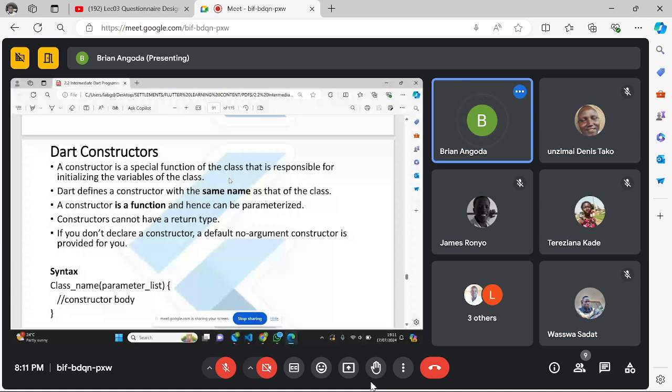So a constructor is a special function of the class that is responsible for initializing the variables of the class. It is defined with the same name as that of the class. A constructor is a function and hence can be parameterized. Constructors cannot have a return type. So much as a constructor is a function, and usually